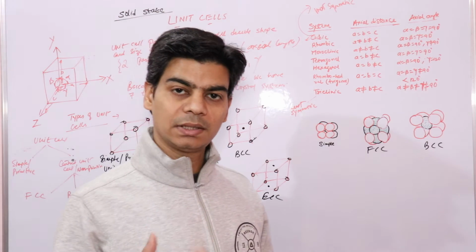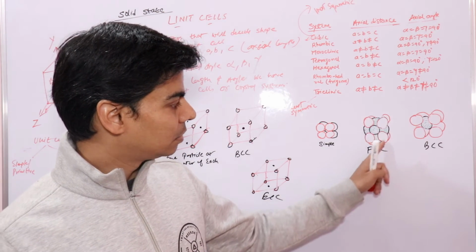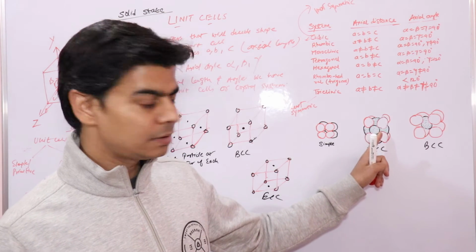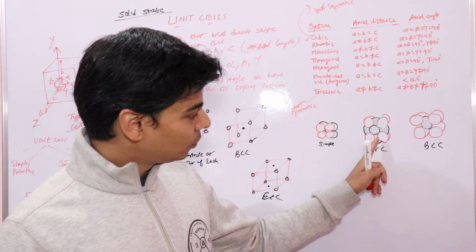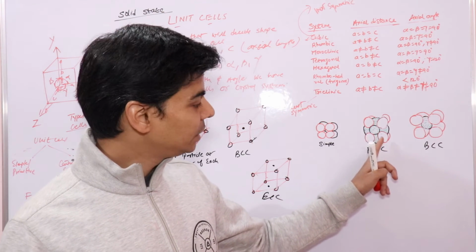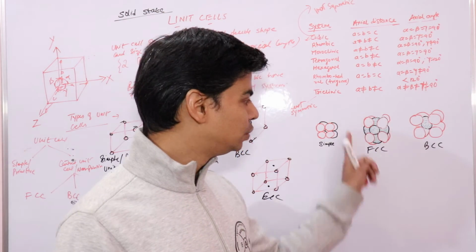The particles at the center of every face are represented by these green spheres, right? So green spheres, 1 is at the body center, 1 is at the center of this cube, right? And each sphere is also present at every face of this cube,